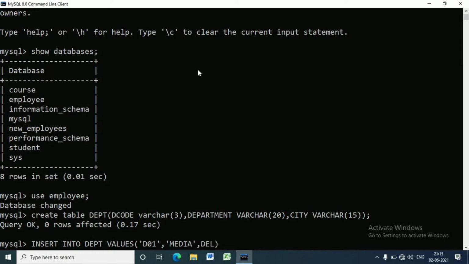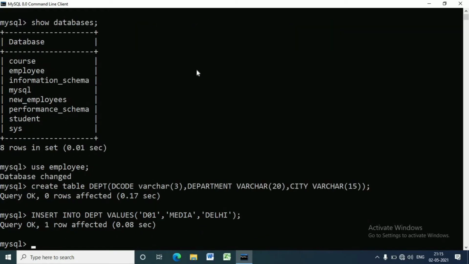Now we'll try to insert values inside it. To insert the first data, I am writing insert into DEPT values D01, media, Delhi. Second data is D02, marketing, Delhi.